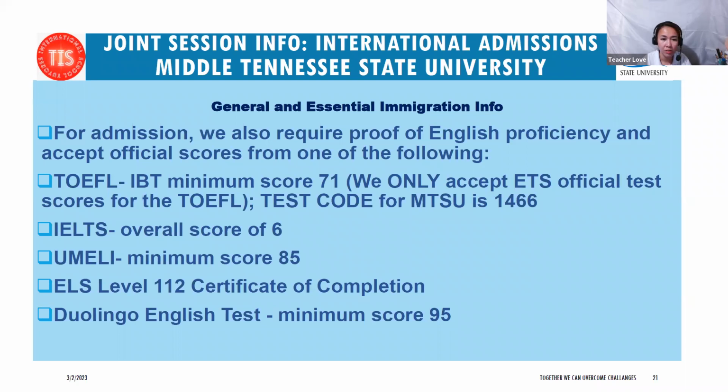Okay. Yeah, it's a score of 6. Minimum score of 71. You only accept ATS. Okay. When did you take the IELTS? Sir, last time I was able to get a score of 6, but it was not good for the US. So you were ready to migrate. It was actually for Australia, sir. That is why I was not able to get in, sir. They need 7, sir, for Australia. 7 for you. All right.